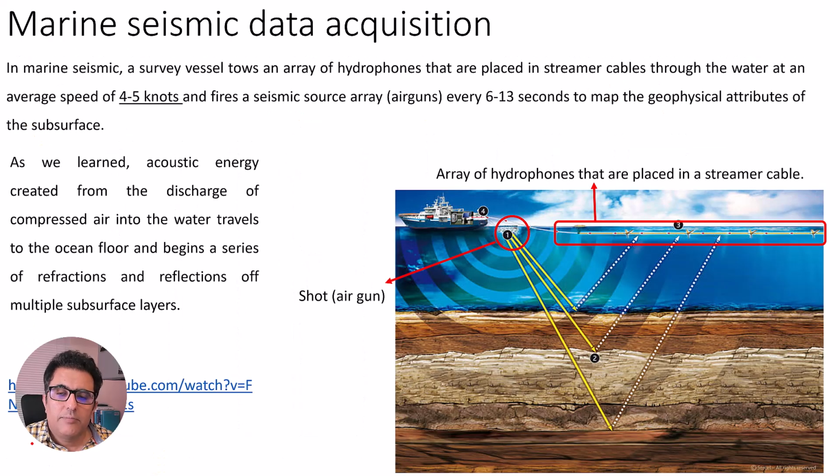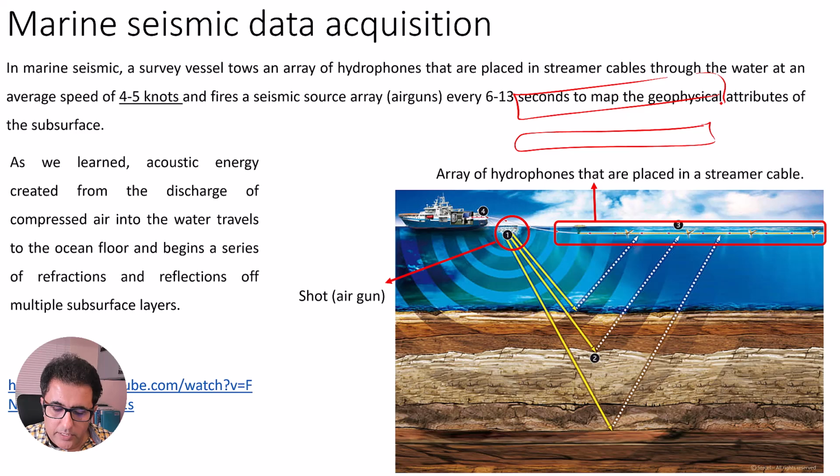For marine seismic data acquisition, an array of geophones is placed in a tube, and usually we have several tubes that are towed behind the ship in parallel. The reason we use several tubes is in order to obtain 3D seismic data. You see that right behind the ship there is an air gun. The air gun is activated and produces some seismic energy, and we record that energy through several arrays of hydrophones that we deploy